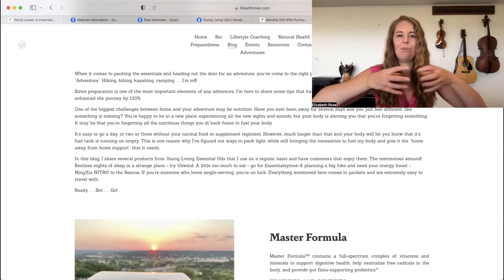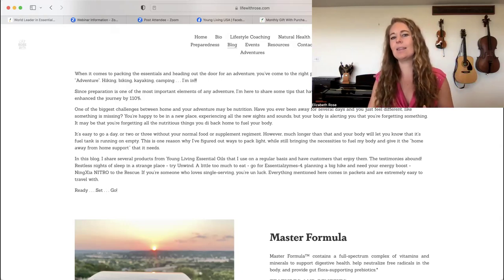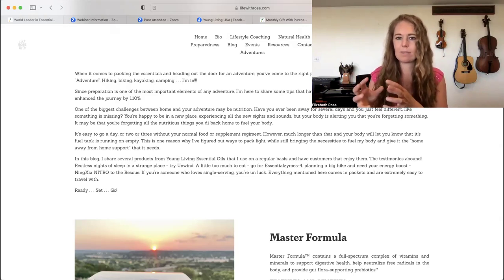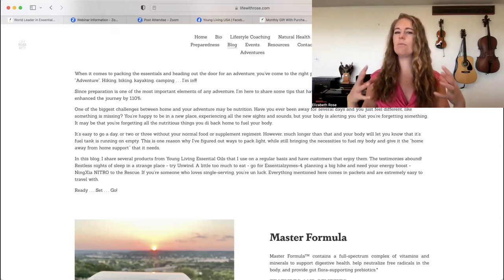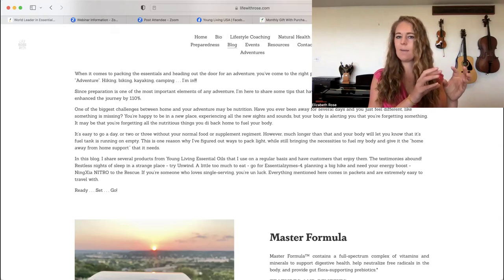I would try the Monday through Friday supplement categories, and that didn't really work because I know what my body needs, so I don't personally take everything every day. Maybe I'll give it a break, or maybe if I know I eat a big meal, I'll go grab my enzymes kind of a thing, but I don't take enzymes for every meal. And so whatever your home supplement regimen is, take stock of that and then assess, okay, how can I